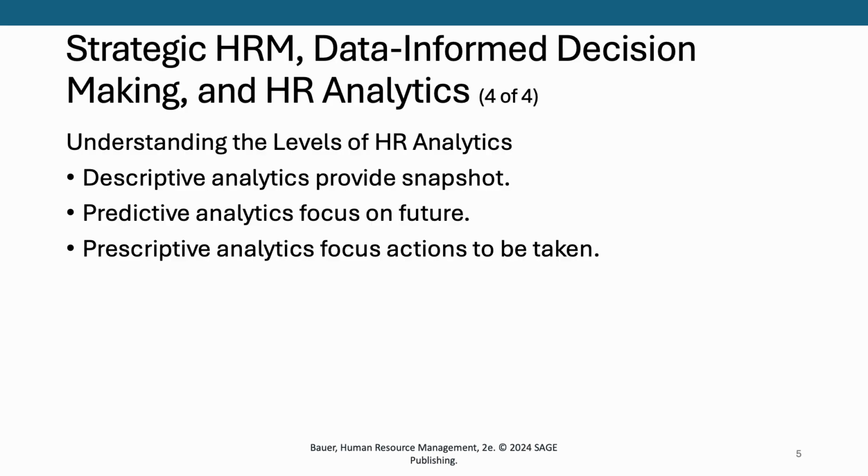Then we move up to the next level, which is the predictive, right? So from describing information, we now want to look at the relationship between variables. Does this cause this? Does this predict that? Do we find that as this goes up, this goes down? Do we find that as this goes up, the other thing goes up? So depending on what the relationships are between them, again, whether it's a causal relationship or a correlational relationship, we want to be able to predict the relationships between the variables, and then ultimately to be able to prescribe